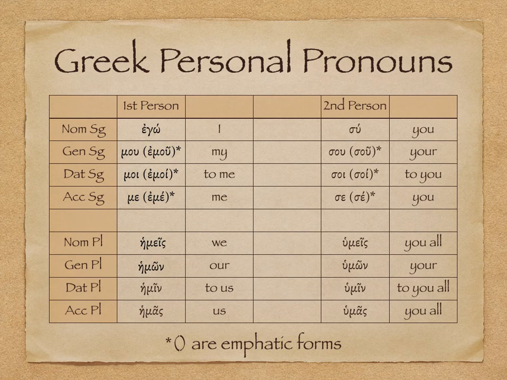You can notice here that the patterns in the first and second personal pronouns are again very regular. Ego, mou, moi, me. Now to the second person. Su, sou, soi, se. Hemeis, hemon, hemin, hemas in the first person plural. Look at second person plural. Humeis, humon, humin, humas. One of the things about Greek, being an inflected language, is there are very similar